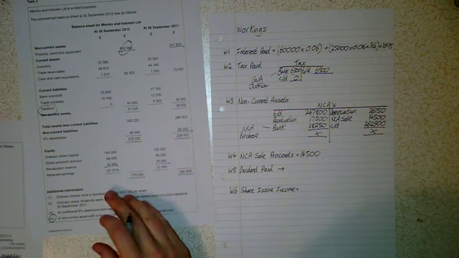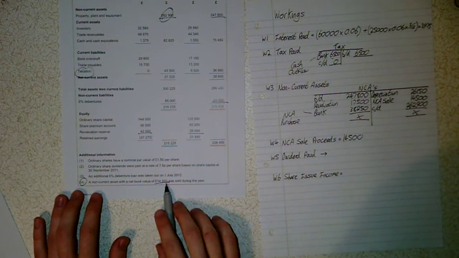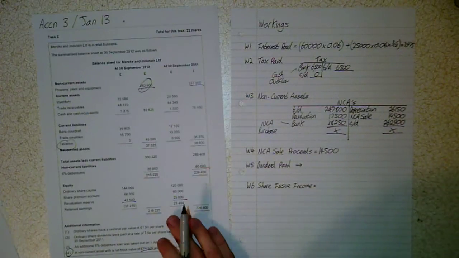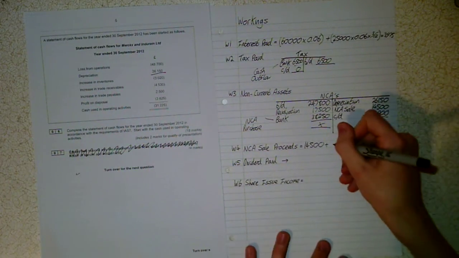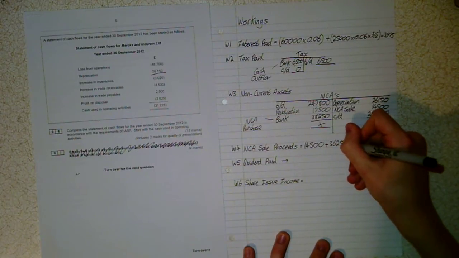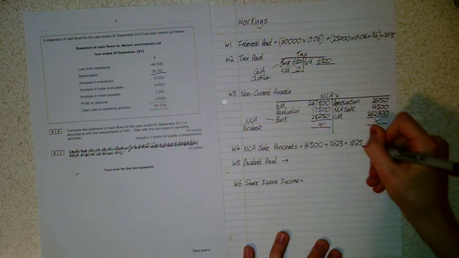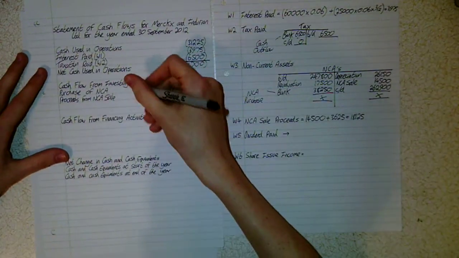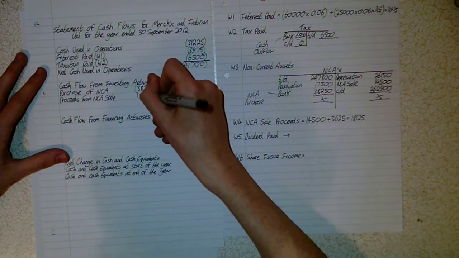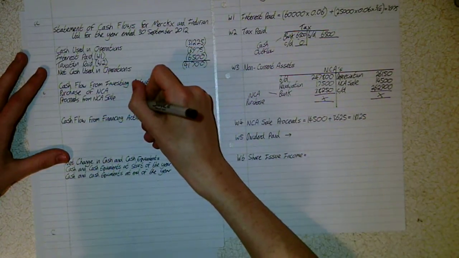And some important information from the reconciliation is we haven't sold it for that, if you notice. It was sold with a net book value. That does not mean we sold it for that figure. What we actually sold it for was the net book value plus this figure. We sold it for a profit, so it must mean we sold it for more than what we valued it to be. So the actual value that we received in cash for this asset is 18,125. So proceeds from NCA sale, 18,125. So that's it for investing activities, and that just comes to a negative again,